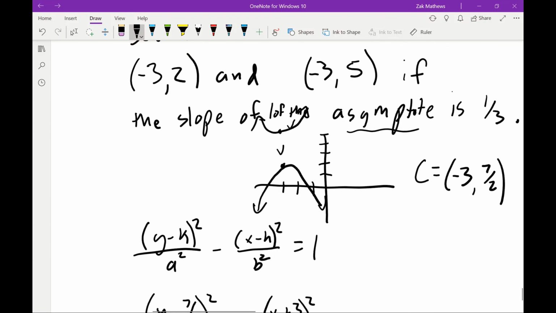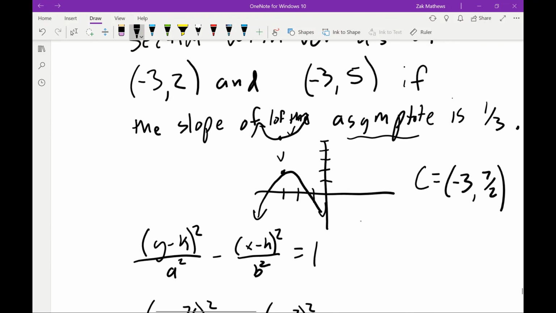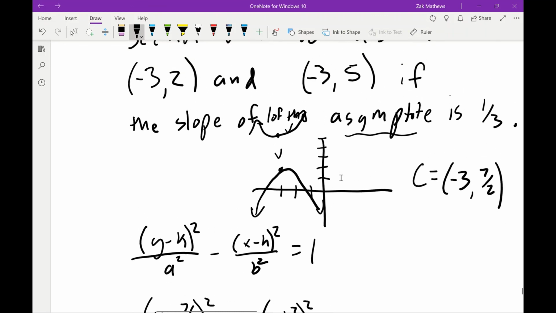We can still use that a little bit more actually. The vertices tell me a little bit beyond just the center. They also help me figure out that a value. So let me clean this up for just a second. My eraser is not working. So just make that a bigger point. That's my center. This is my vertex. So this little distance in here, there it goes. That is my